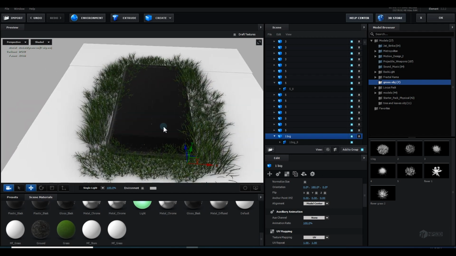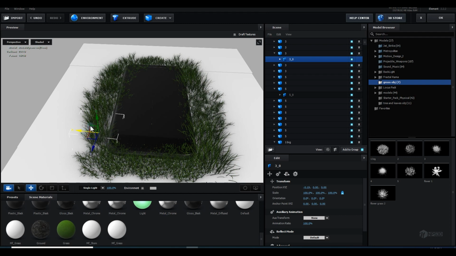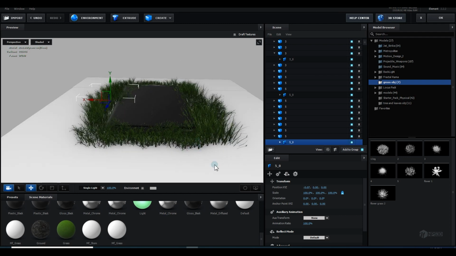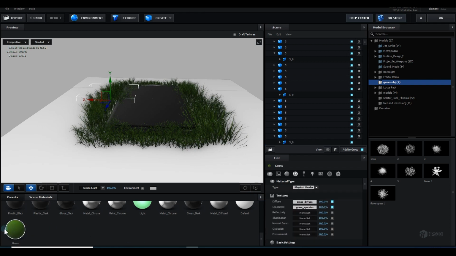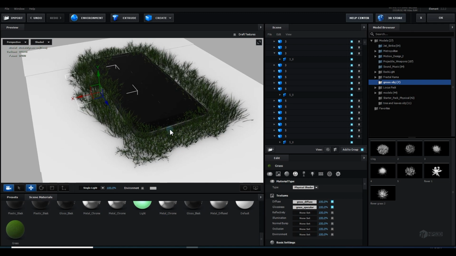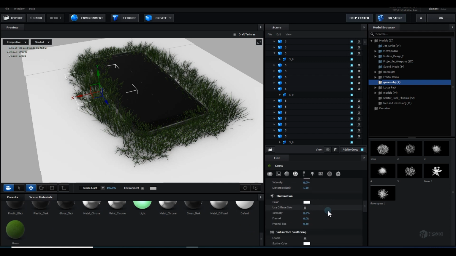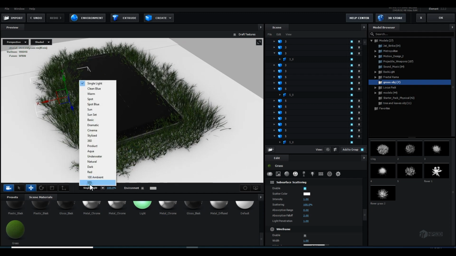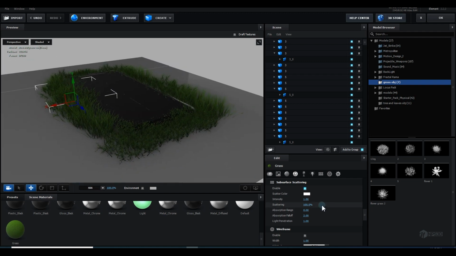So this is good for now, and anytime we can just come here and increase the grasses and everything. So now let's select this grass. I applied the same material on everyone. Now if I want to change anything, I will just select this one, go to the subsurface scattering and enable it. And if you want to see what's going on, you can simply go to the triple S, increase the intensity, and play with the scatter.